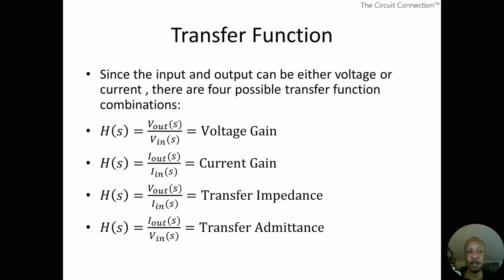Going back to the V out over I in, why would you call it a trans resistance or a transimpedance? Well, simply because V over I gives you R. Down here with the transfer admittance, I over V gives you a conductance instead of a resistance. So that's where transconductance comes from. So next,